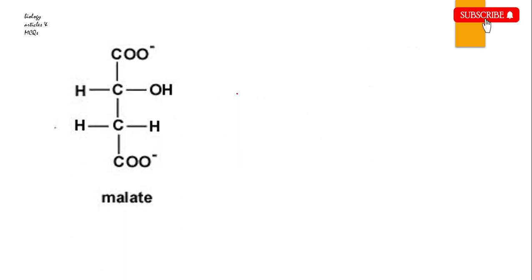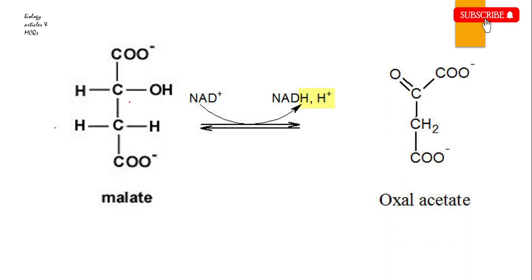In the next step, this malate compound is again going to lose its two hydrogens. Here you can see there is a loss of two hydrogen atoms, one here and the second here, and these two hydrogens will add to NAD positive, converting it into NADH along with the formation of one hydrogen ion. Now this malate is converted into the final product of